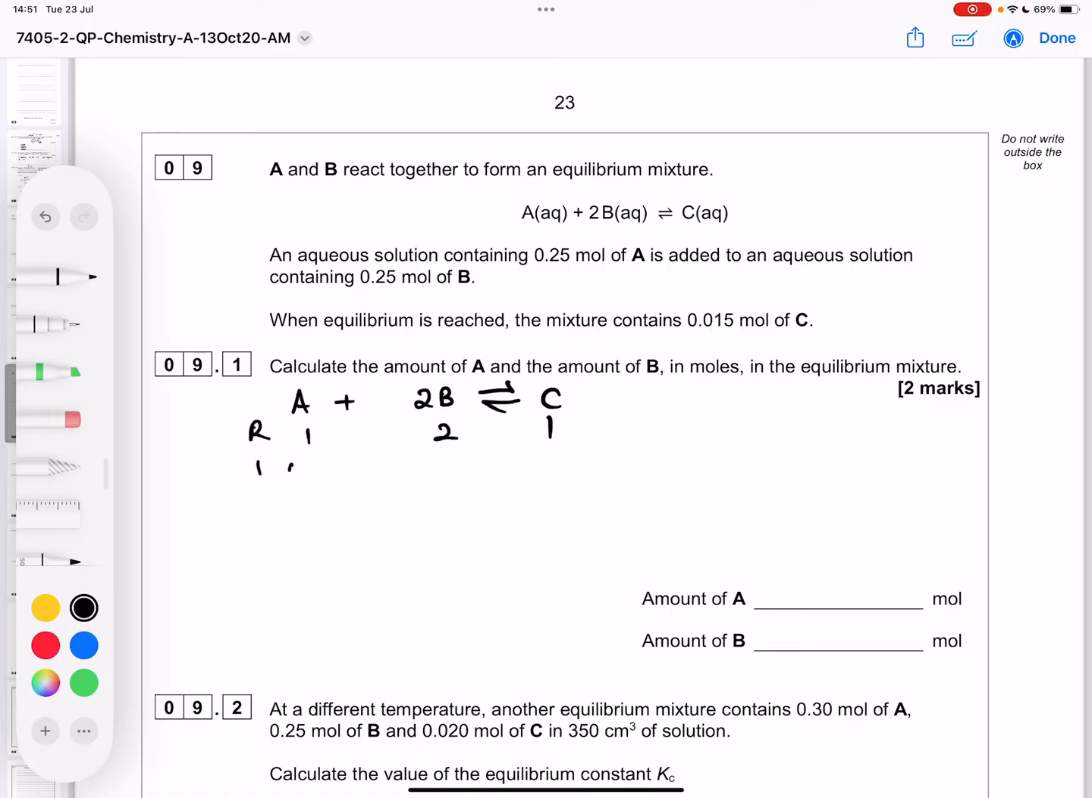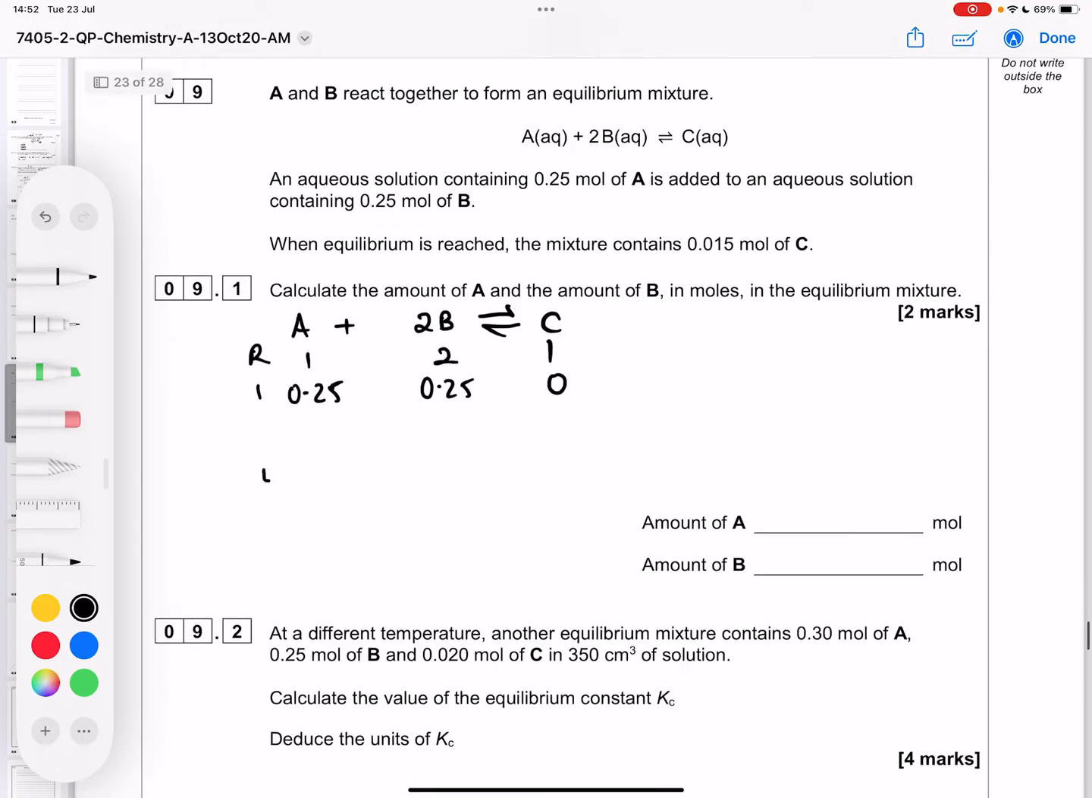Our initial amounts are 0.25 and 0.25, and we won't have any C at the beginning. And then at equilibrium, we've got 0.015. So our change is that this has gone up by 0.015, which means that A must have gone down by the same amount because they're in the same ratio. So